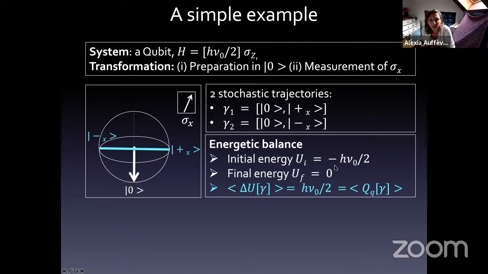And the fact is that since I start from the ground state, each state I will end up in will have more energy, which means that measurement has provided energy to my qubit. So meet the quantum heat. Actually, this is the simplest example you can think about.